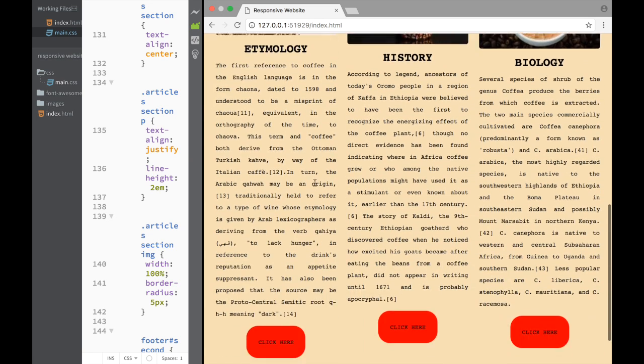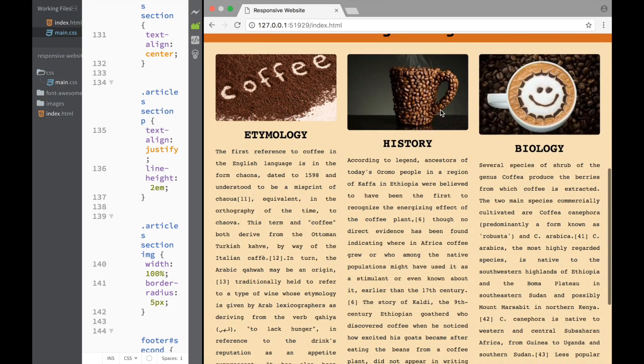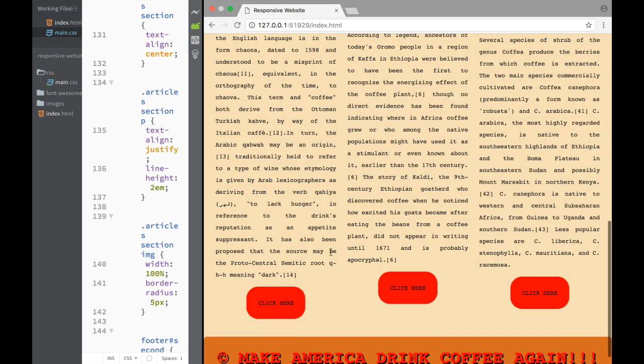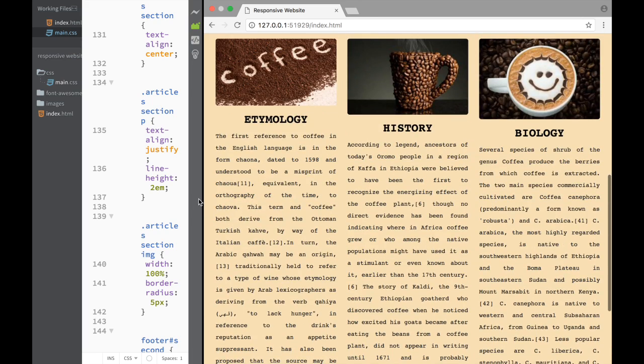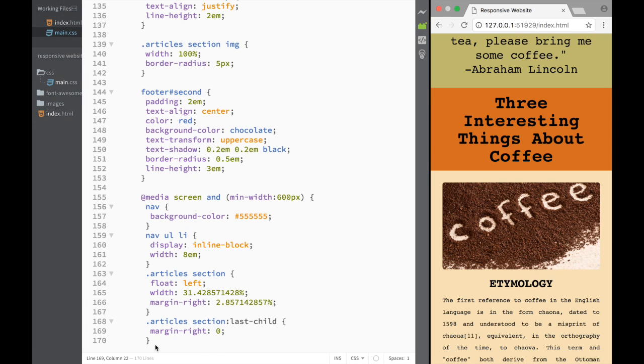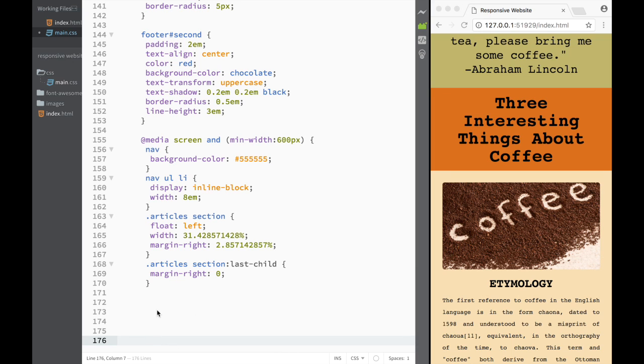Now there's a couple of other things that we would need to fix. First of all, you can see that again, the width of these images are different, right? You can see that these images are different, and also the text is, right? It's not the same, right? So what we would need to do, we would need to go back, and we would need to actually select the actual image. And the first thing that we would need to say is that we're going to say articles,